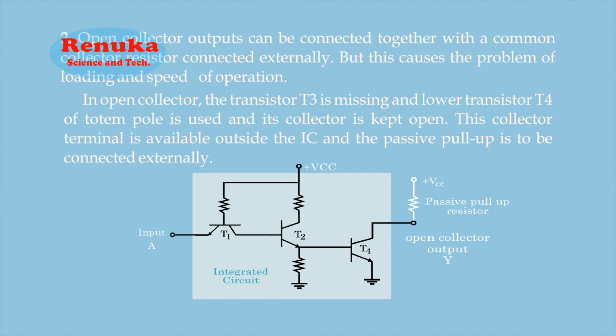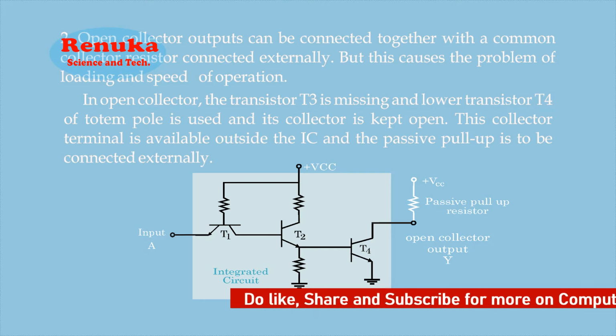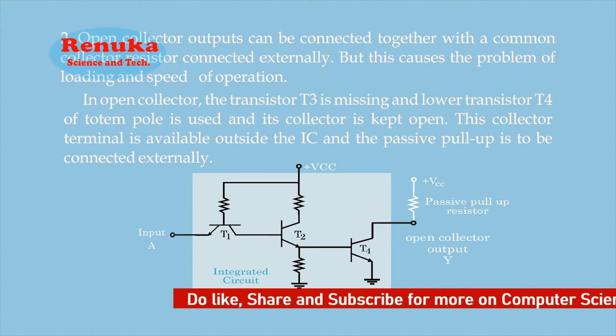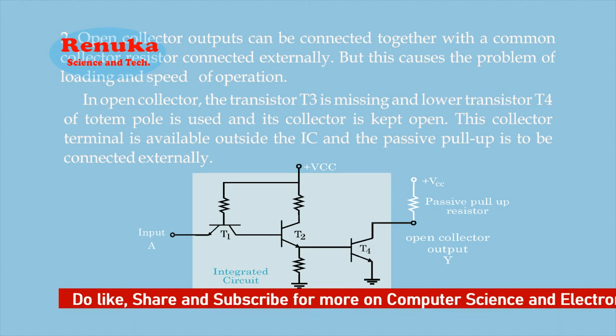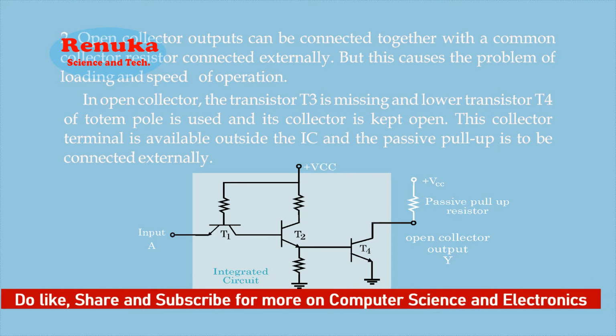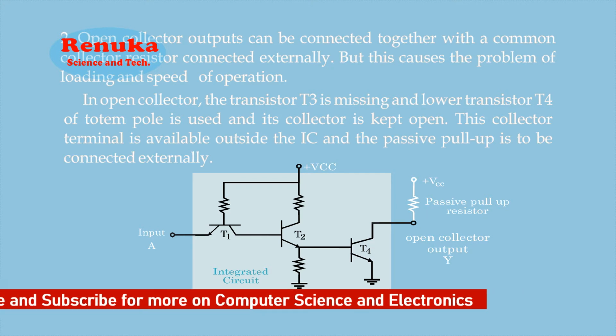We have already defined what is meant by propagation delay, but I will repeat it here. Suppose we have a gate and the output is high at this moment, and the input conditions are changed and the output is now changing. The time taken by the gate to change its output when the input conditions have changed is called propagation delay. So if open collector outputs of many gates are connected commonly to a passive pull-up resistor, then the outputs of the gates will be delayed, and the propagation delay time for all the gates is increased.